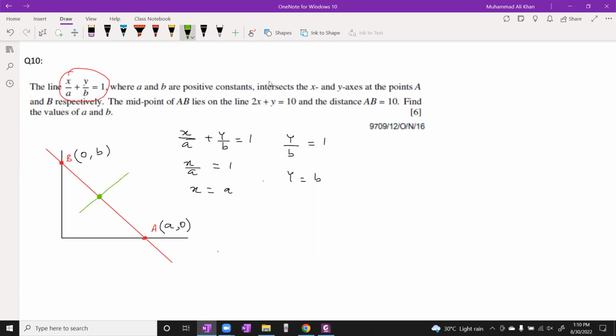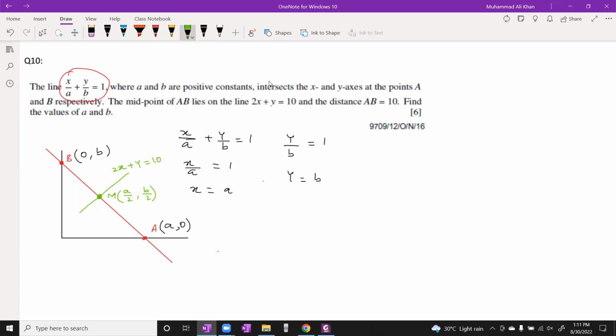Equation 2x plus y equals 10। हमें क्या find करना है? Find the values of a and b. a और b की values हमें calculate करनी हैं। अब मिड पॉइंट निकालना चाहें तो (x1 plus x2) by 2: 0 plus a divided by 2 will give you a upon 2, b plus 0 divided by 2 will give you b upon 2। मिड पॉइंट आ गया a upon 2 and b upon 2।